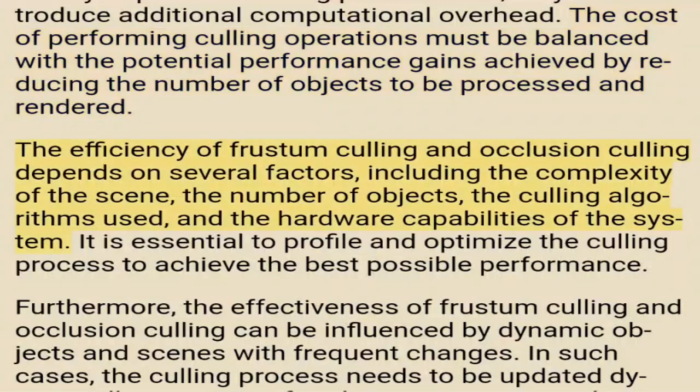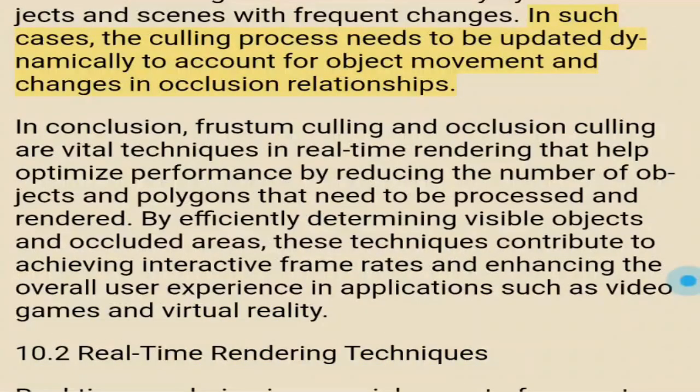The efficiency of frustum culling and occlusion culling depends on several factors, including the complexity of the scene, the number of objects, the culling algorithms used, and the hardware capabilities of the system. It is essential to profile and optimize the culling process to achieve the best possible performance. Furthermore, the effectiveness of frustum culling and occlusion culling can be influenced by dynamic objects and scenes with frequent changes. In such cases, the culling process needs to be updated dynamically to account for object movement and changes in occlusion